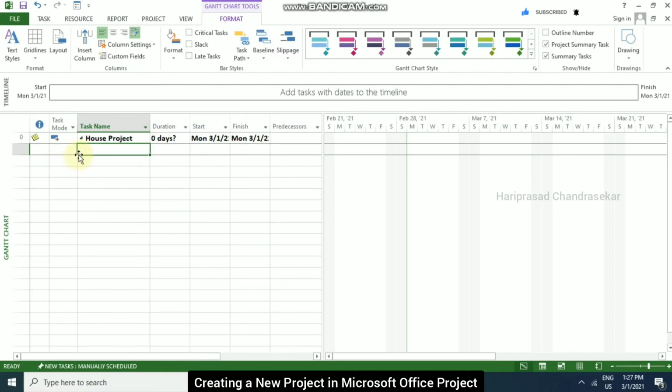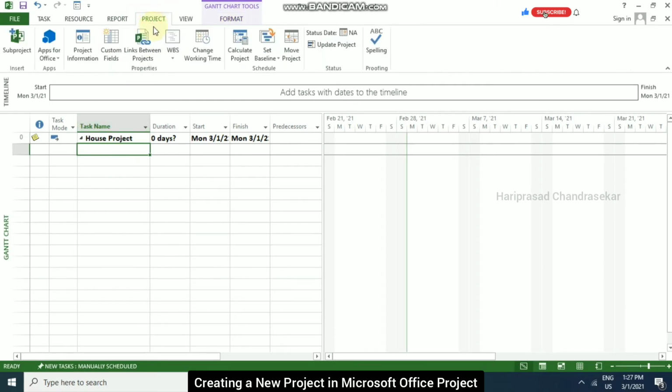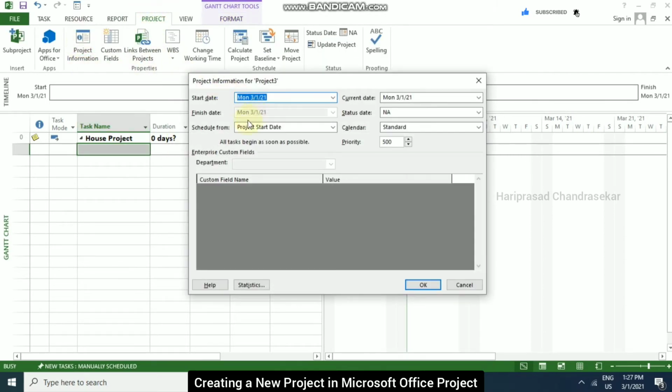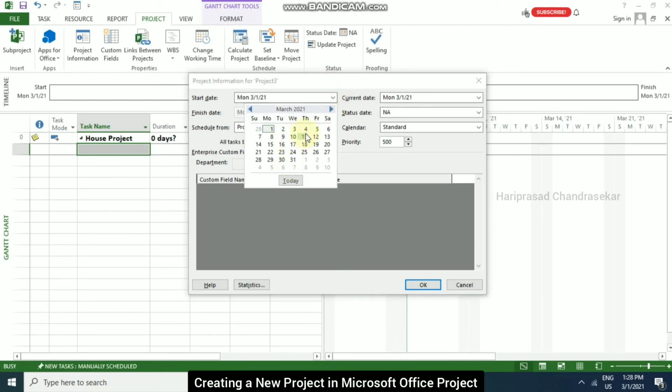Immediately after creating a project, you can go to Project and then Project Information. Here we can put the start date, finish date, and everything. Whatever date you want, you can select from here.